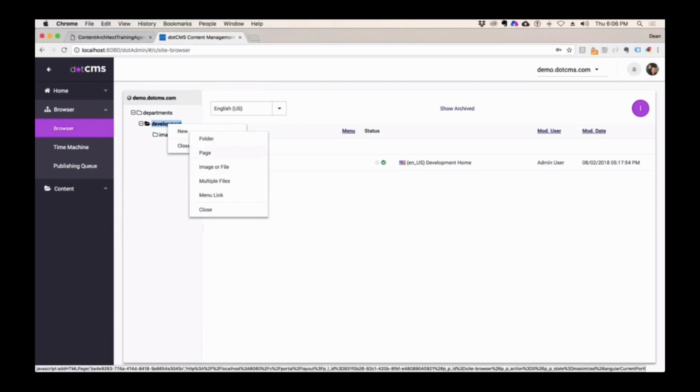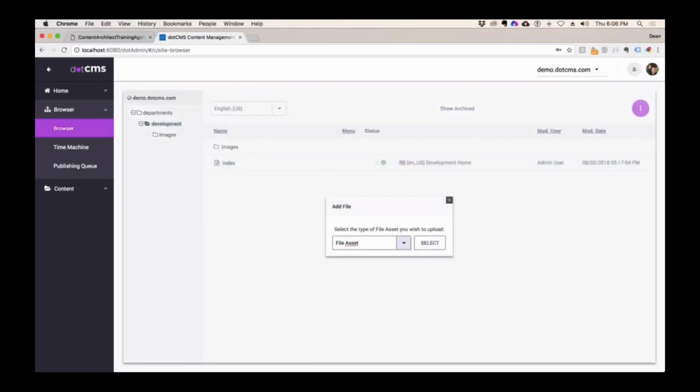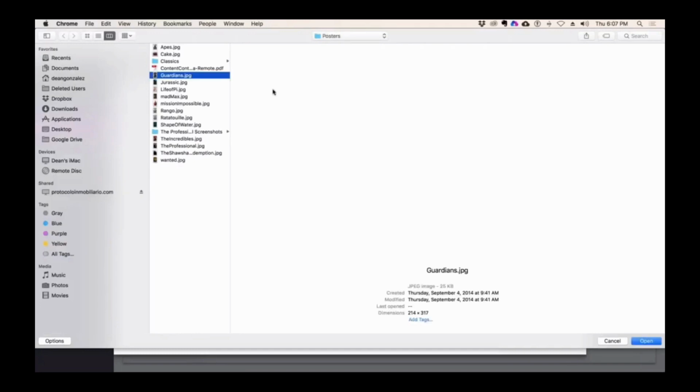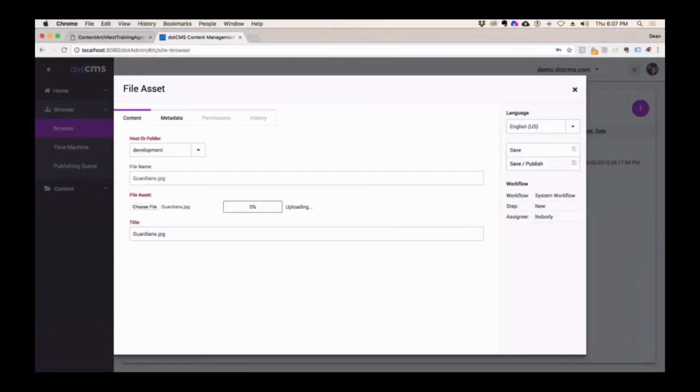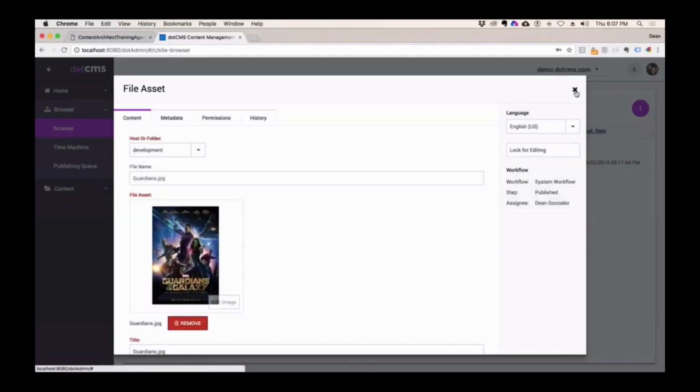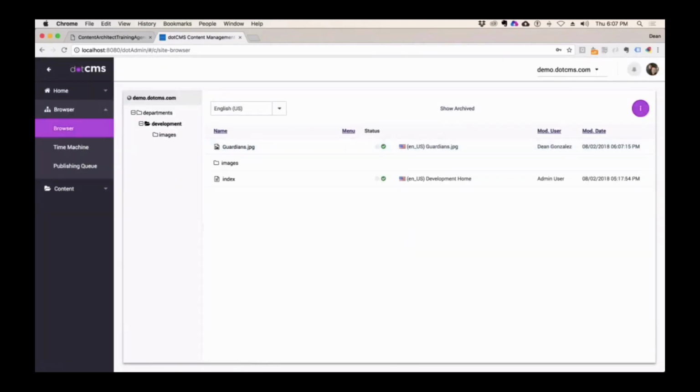So now they can create new pages, new images or files, and upload. If I create a new image or file, I only give them the access to file asset, not the document file type. So if I do new image or file, I click on file asset, oh, there is no document file type that they can upload, right? So it's just a one select. Can he upload a file, Guardians of the Galaxy, and upload it and save and publish it? Yes, he can. Okay, good. Got Guardians over there. I should have put that in the images, but